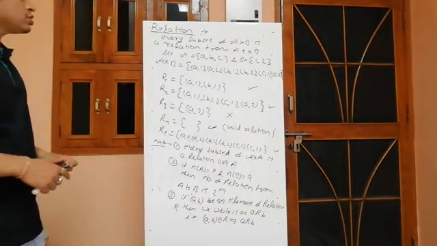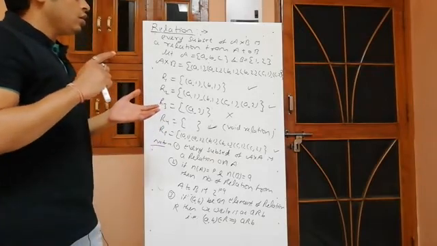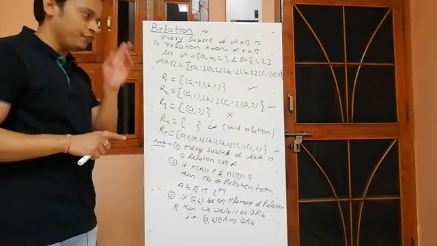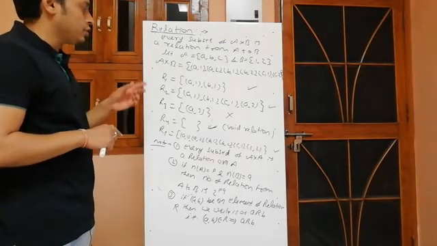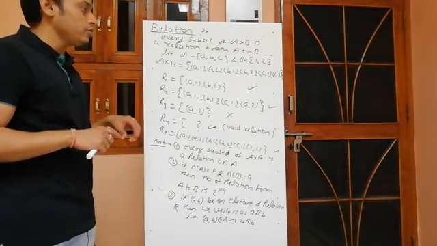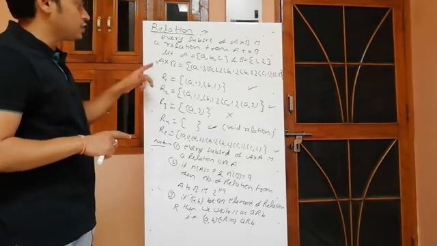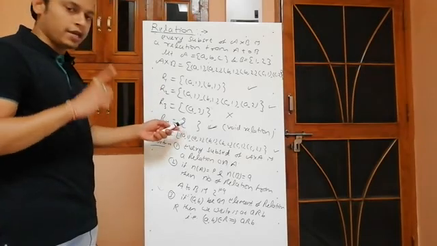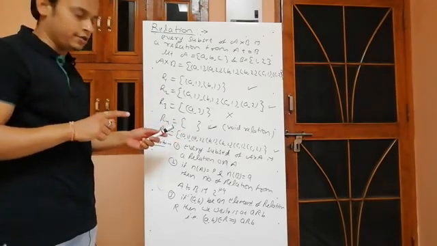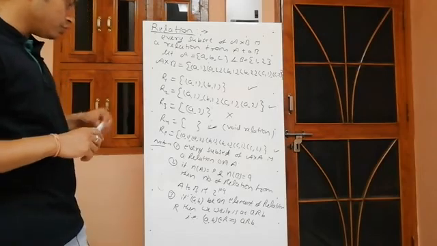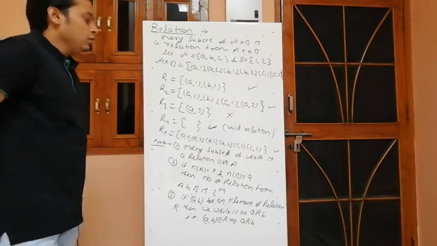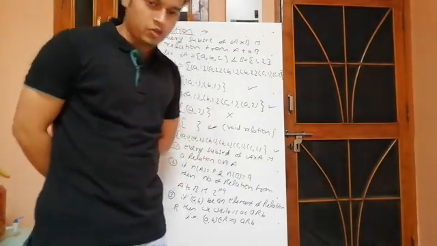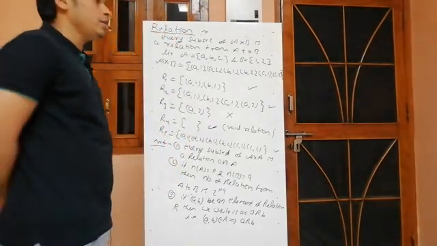Again, note down. This is about the relation. Every subset of A cross B is a relation from A to B. So if you want to check whether a given thing is a relation from A to B or not, just check whether it is a subset of A cross B. And remember, the void set, the empty set, is a subset of every set. So write down: the number of relations from A to B is 2 power pq, where p is the number of elements in A and q is the number of elements